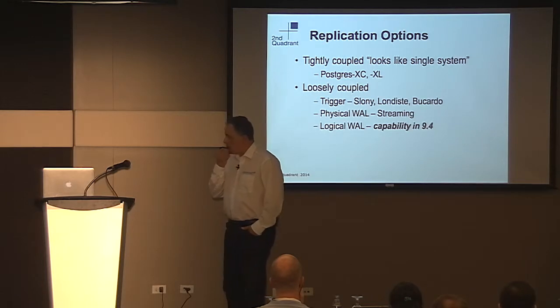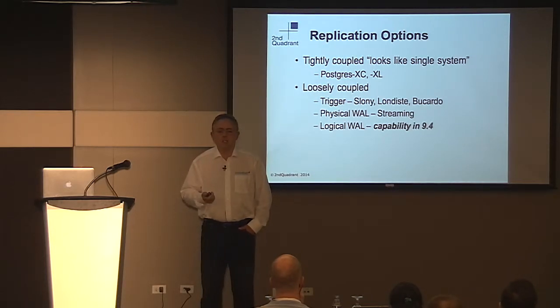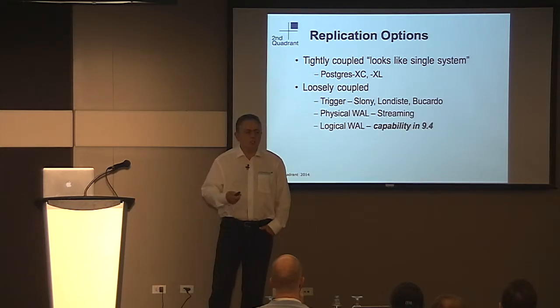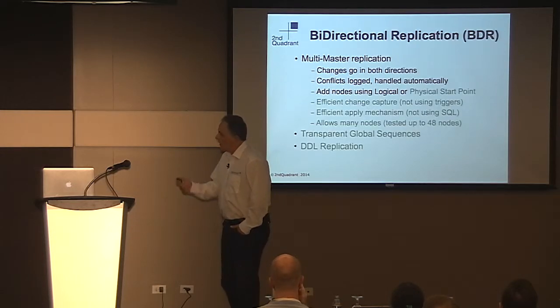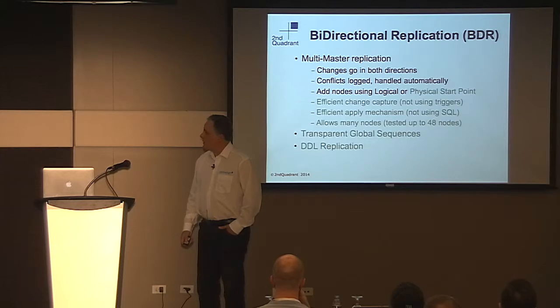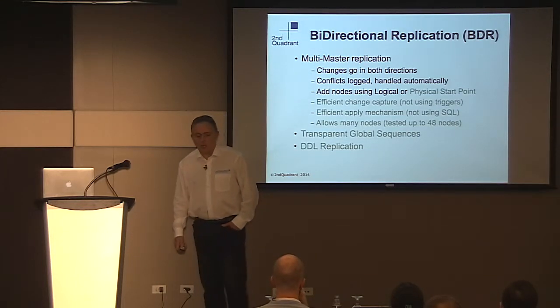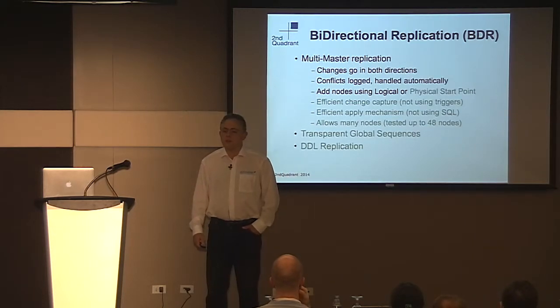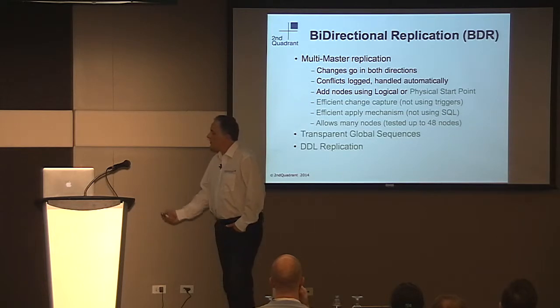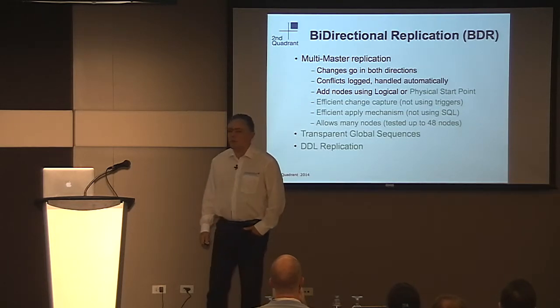Now, the reason that we want to do that is that physical replication does come with quite a few restrictions, and rather than work through all of the restrictions, when you look at what those restrictions are, it would take as long to lift those restrictions as it would to develop the much more useful capability of logical replication. So what we've been working on is something called bidirectional replication, obviously with the implication that the data can flow in both directions from one node to another. And that's otherwise known as multi-master replication.